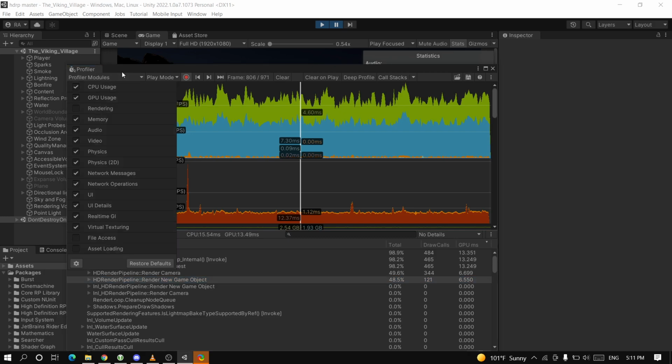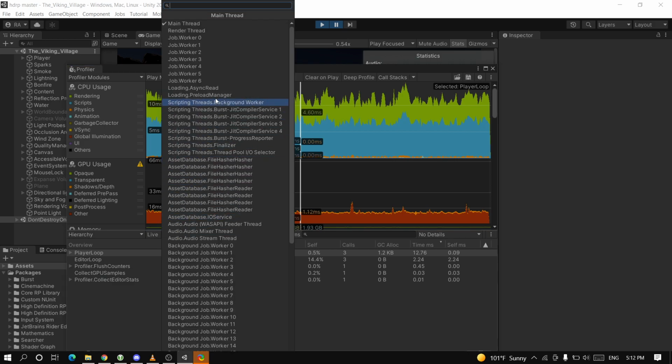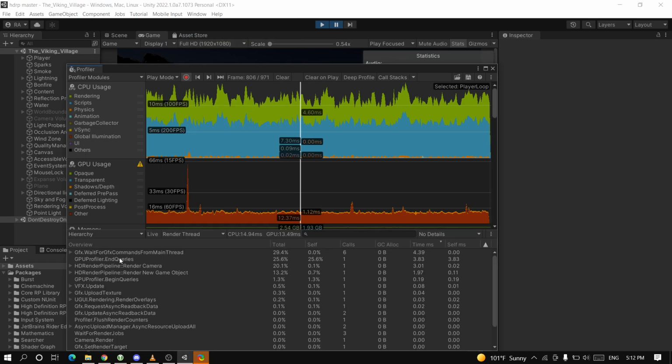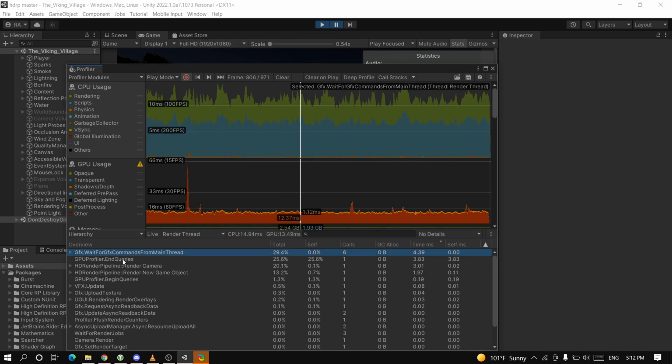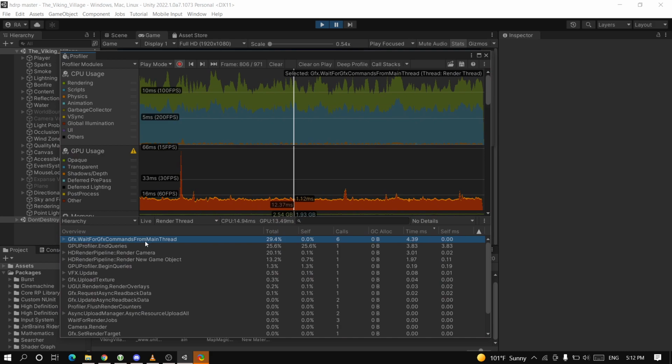But yeah, basically, there's obviously other stuff like memory, and you can really see a lot more stuff. And if we go back to the CPU, you can even change the thread. This is the main thread. We can change it to the render thread and see what the render thread is taking. Like here, it's saying that the render thread is waiting for commands from the main thread. So the main thread, I guess you can say, is the bottleneck, because the render thread is waiting